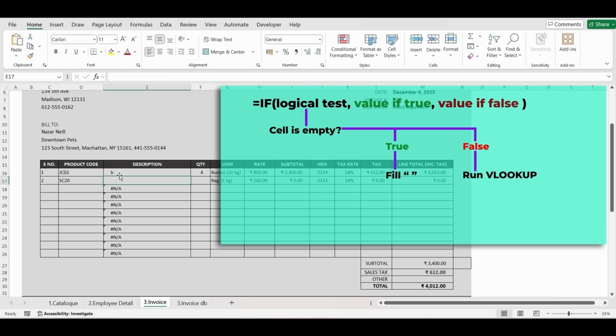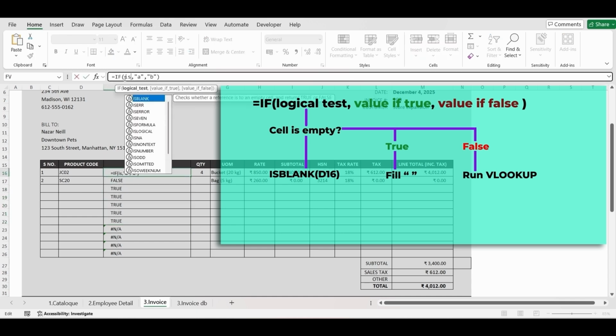The way we check if a cell is empty or not, there is another function, ISBLANK. Check this cell value. This comes out to be false because it's actually not blank. So ISBLANK evaluates to false. If I simply drag it down, for all the cells that are empty, the ISBLANK function is returning true. So by using this ISBLANK function, I can check whether a cell is empty or not. So simply replace it with ISBLANK,